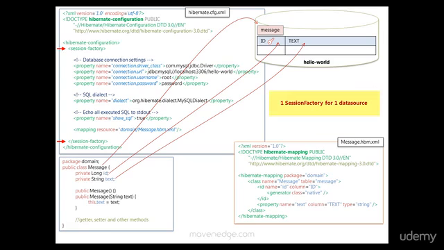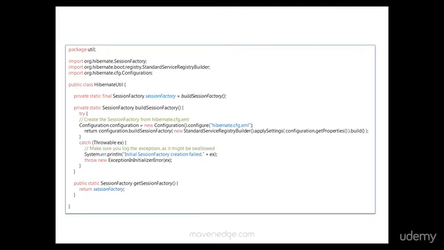And that's why only a single instance of session factory is created for an application. So unless your application is using more than one data source, you're going to create only one session factory for the entire application. So let's go ahead and build a session factory object. And we're going to do it in a helper class called Hibernate util. All you have to understand about this class is that it's creating a single instance of the session factory object